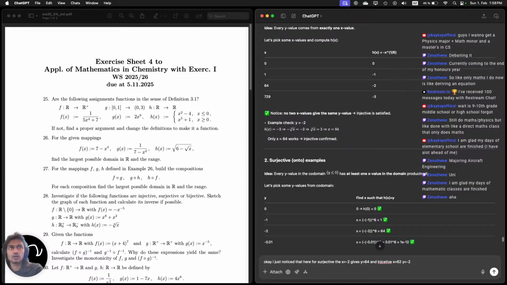Okay. Objective. So it's the same numbers, just with opposite signs, and